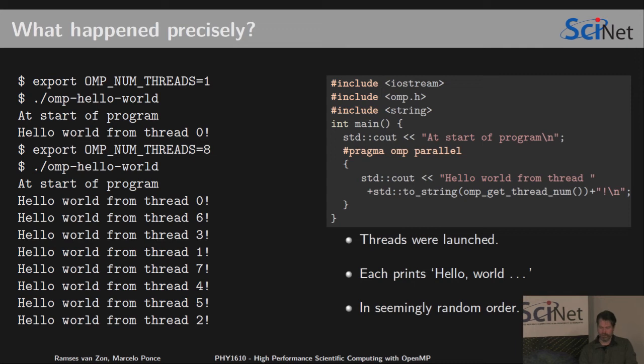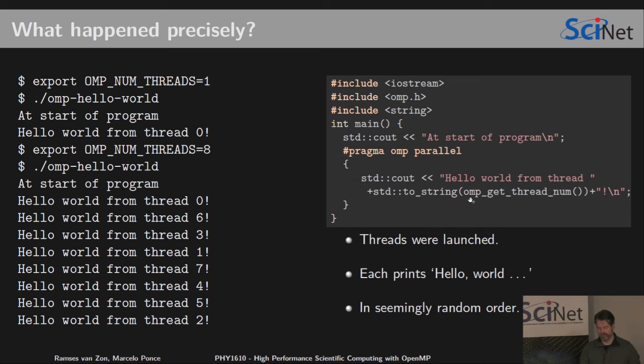The point of this code is to write out what thread number they are. So they're each going to execute exactly the same code. Each thread is going to get the same code, and so each of them would do the same thing and would print hello world from thread. The thing that distinguishes them is that each thread can ask what its thread number is. So not only are there threads, the threads know their number. And so they're numbered from 0 to, in this case, 7. And so each of the threads knows whether it's 0, 1, 2, 3,